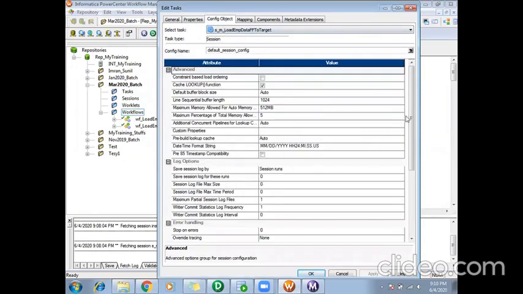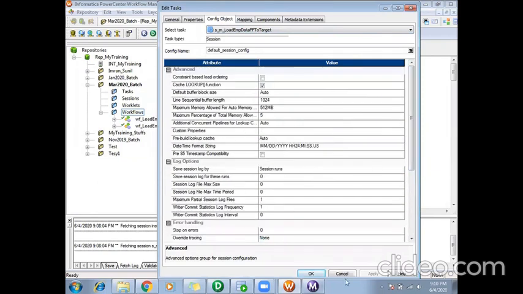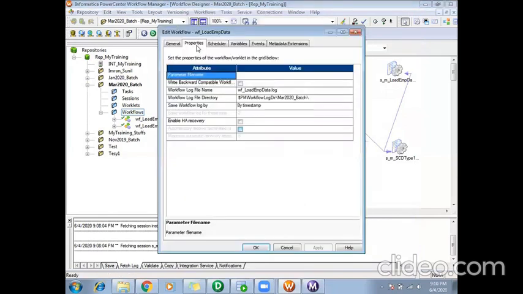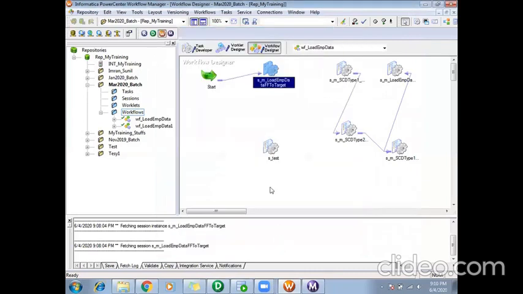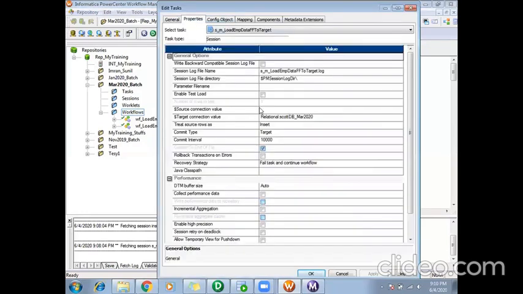It will be somewhere in the workflow, one second. Okay. Somewhere in the mapping also the tracing level will be there. Where is it?